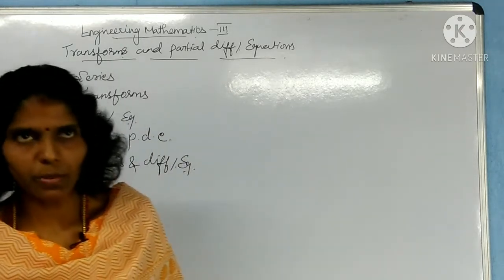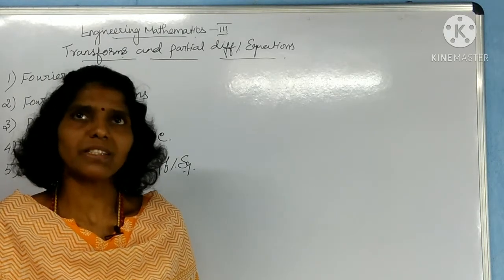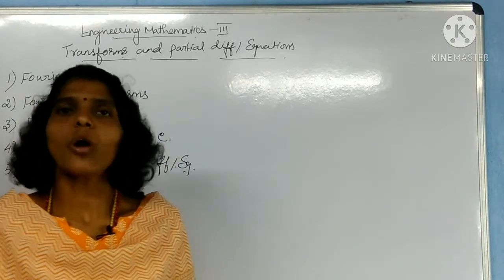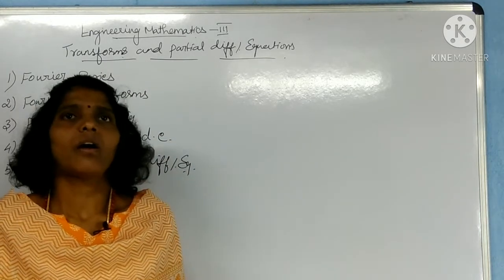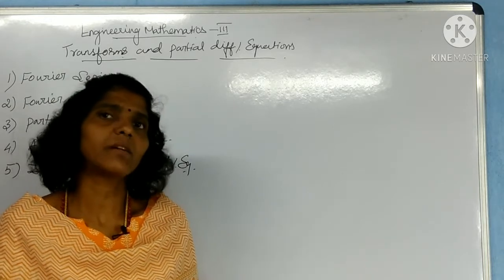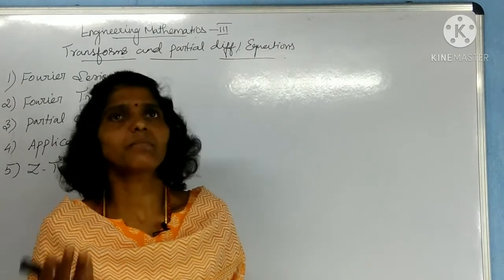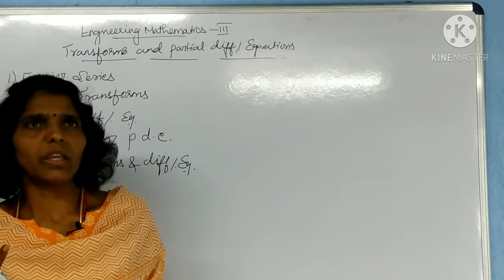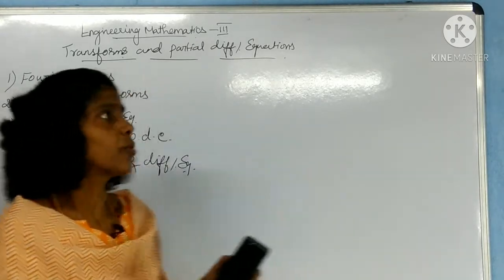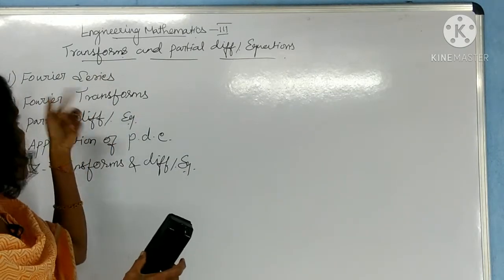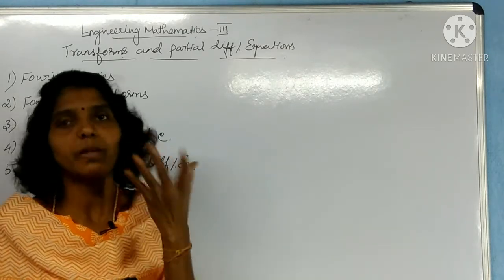And one more department, mechanical 8th semester, has the FEA paper, which is an elective paper. One more elective paper is operations research. Both are elective papers. Both papers are handled by the maths department in some colleges, and in some colleges by the department's own staff. But whatever it may be, both the FEA paper and the DSP paper use Fourier series, Fourier transform and Z transform formulas and applications.